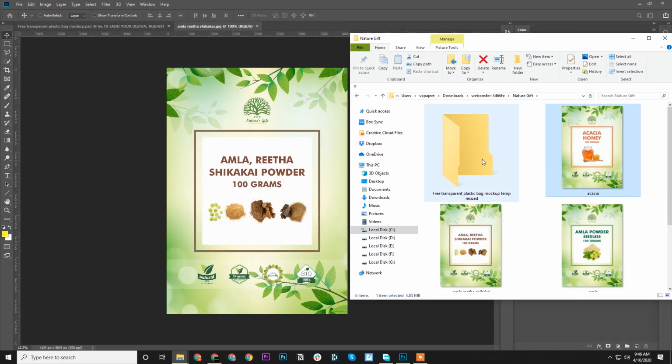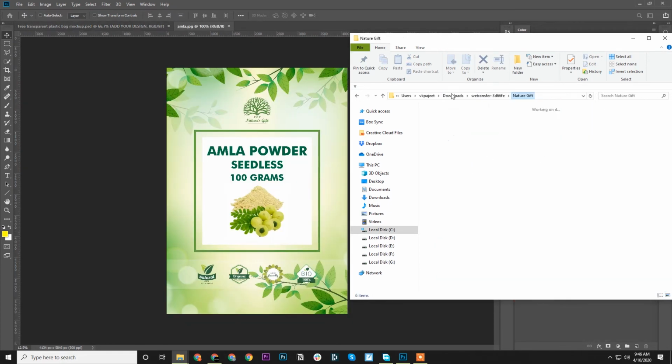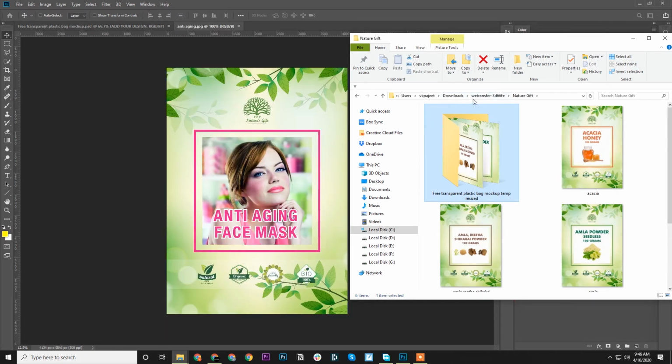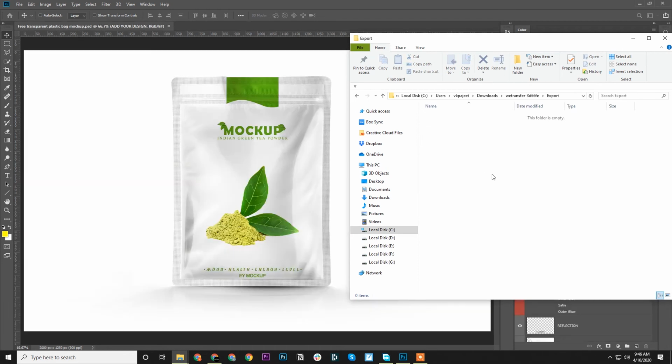So what it does is resize the design files, and once resizing is done, you can see files will be exported in this folder. Okay, so you can see now.